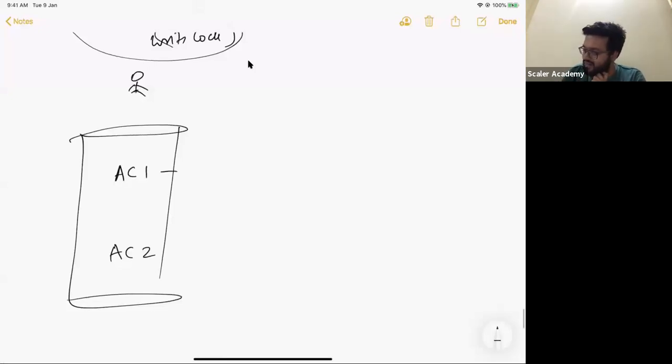Account 1 had 500 rupees, or let's say he is very rich. Let's say that account has 500,000, which means 5 lakhs, and account 2 also has 500,000. That guy does not want to transfer 100 rupees. He deals with lakhs. So he has 500,000 in one account, 500,000 in the second account. Cool. Now he is feeling bored. He wants to transfer 100,000 from account 2 to account 1. Does that make sense? So he wants to transfer some amount of money from the second account that he has to the first account that he has.